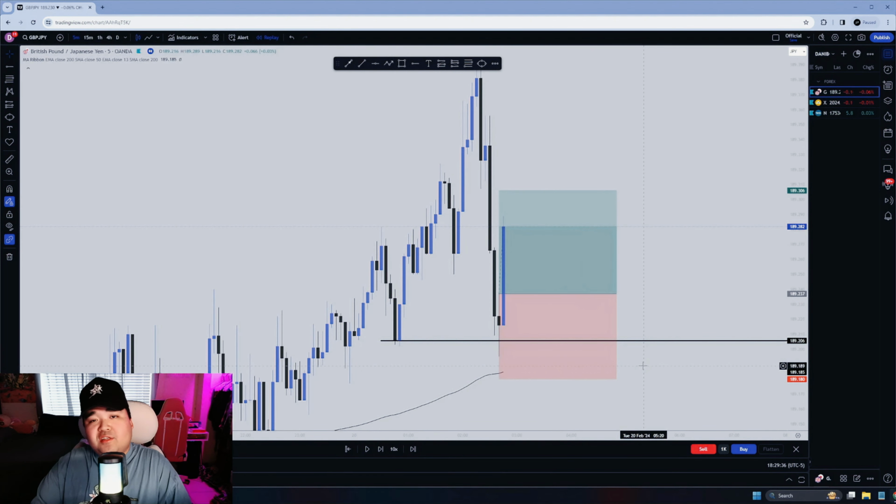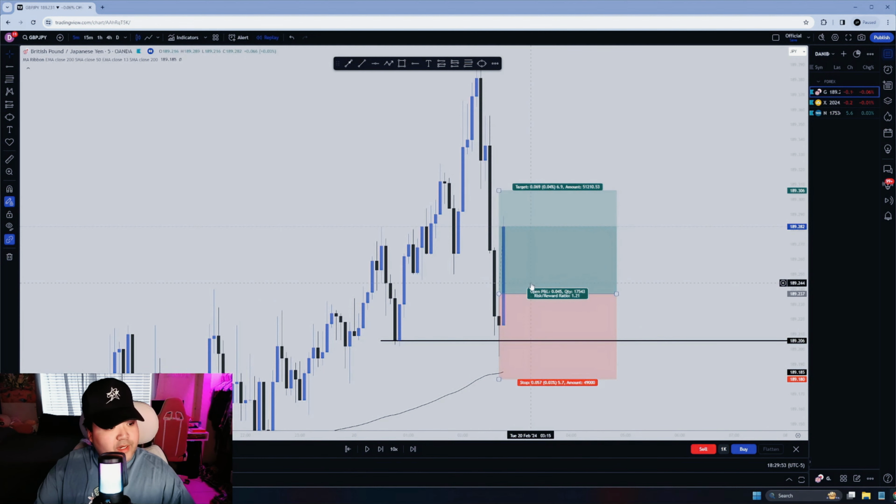Now putting it under the 200 EMA is a lot better in this trade because why? Because if price starts breaking below the 200 EMA, that is telling us that we have a lot of sellers coming into the market, okay? Now, we are still above the 200 EMA, which is telling us that, cool, buys are still valid, and we have a candle break. So, as we put our stop loss on here,